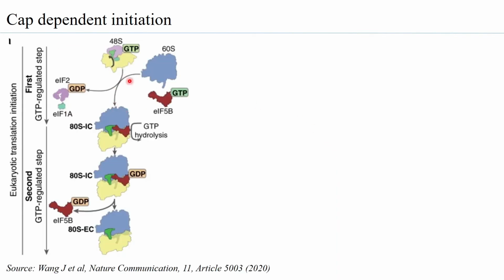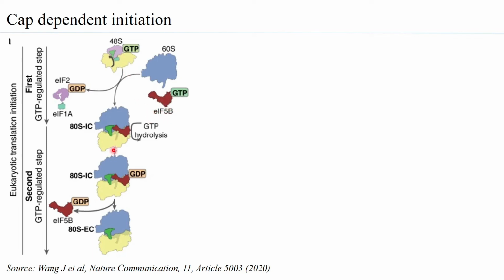So this is what is understood: the 48S, which is bound to the initiator tRNA, is positioned in the P site. You have the GTP present over here, and you have all the other initiation factors. Suppose there is a conformational change in the smaller subunit; we can see effectively that EIF2-GDP with the EIF1A is released. The moment EIF1A and EIF2-GDP are released, you will find that another initiation factor, 5B,